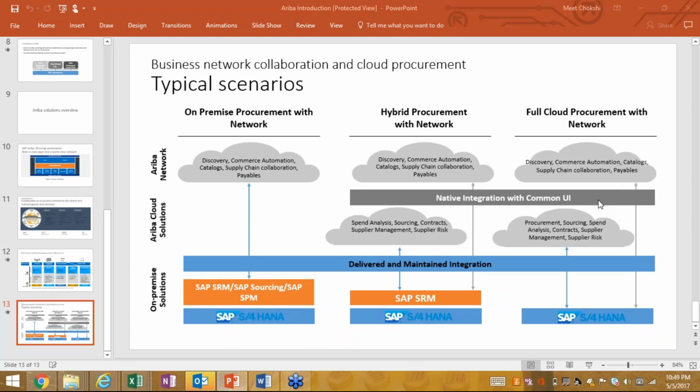So it basically depends on the customer and the scenarios. If you see the earlier slide, Ariba has been around since 2000, right? Do you see that all customers who have SAP only have Ariba? No, right? Ariba was being sold before to many customers. If they have Oracle, if they have SAP, or if they don't have any ERP system, it was standalone Ariba. So it can still be used as a standalone system.